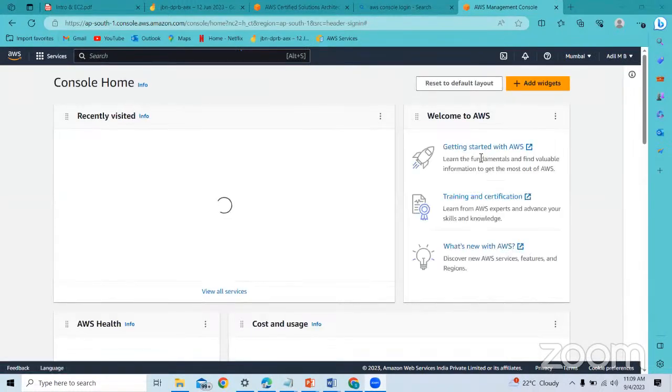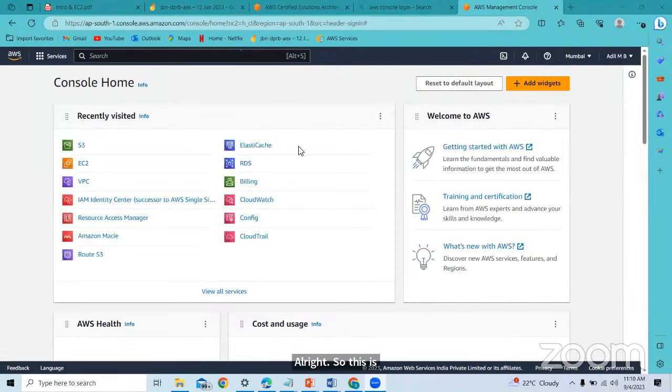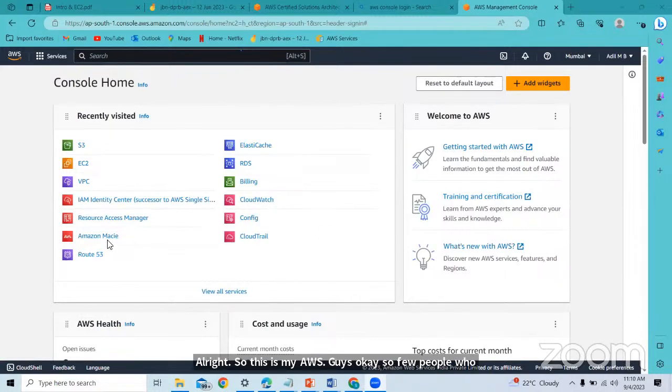All right. So this is my AWS console, guys. A few people already know it, and for those who don't, this is how the console looks. This is where you will be doing all your AWS stuff, even when you get into projects, you'll be doing it here only.